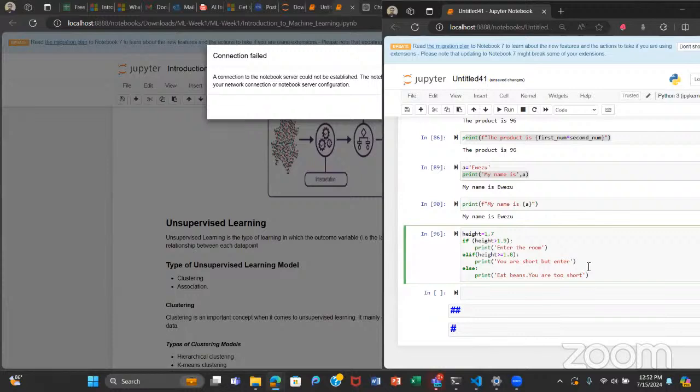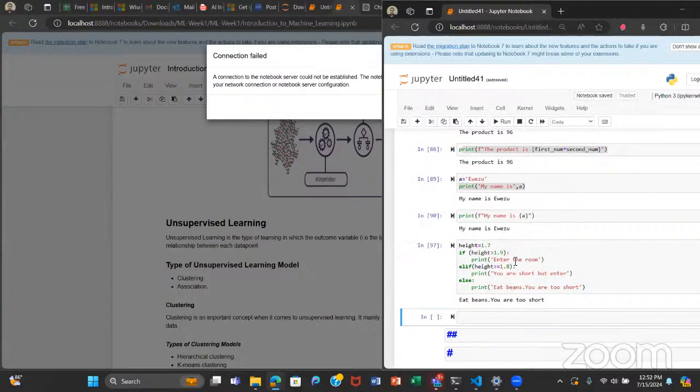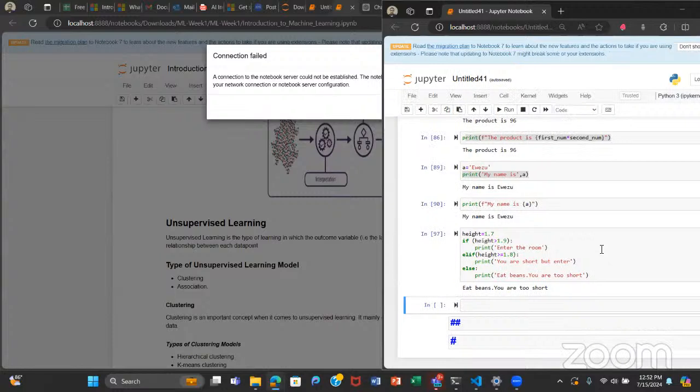Yeah, so boom. It checks the if statement. If the condition is not met, elif, it checks that one, the condition is not met. But then we have our else, and then boom, we print this out. So these are conditional statements, our if statements, our elif, our else.